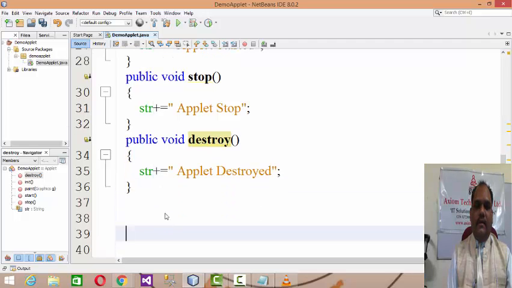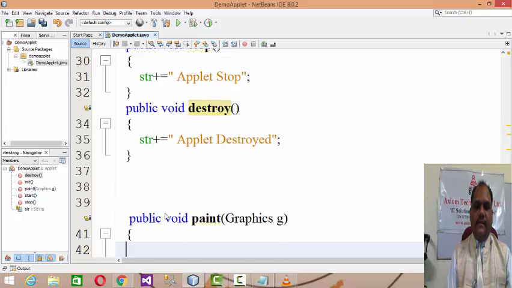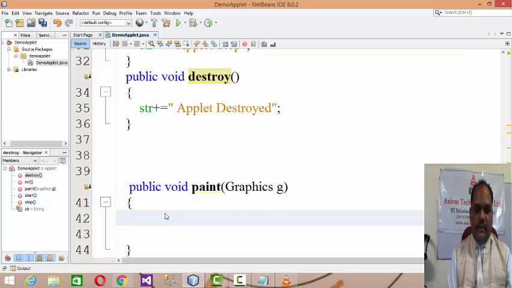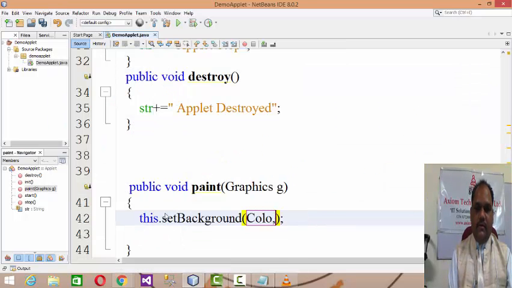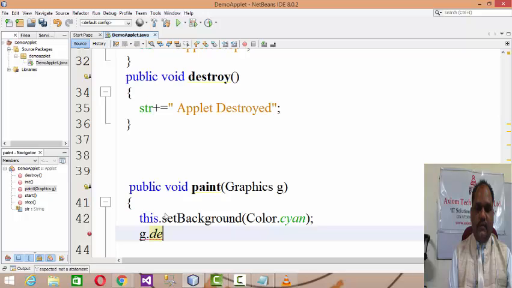Right? And here in this case, as you know, this dot set background color dot whichever color you require, and then g dot draw string, the string that is str, and the coordinates where you want to print it, let's say 100, 100, right?